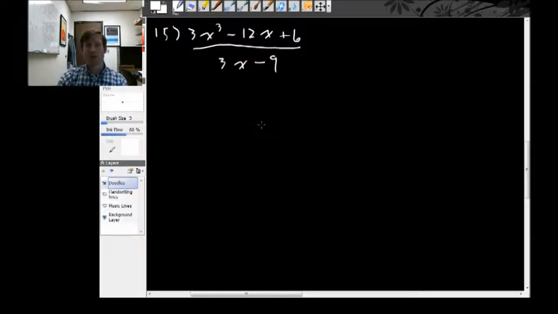All right, here's number 15. This quotient of polynomials, 3x cubed minus 12x plus 6, over 3x minus 9. The thing to remember about dividing polynomials is it works almost the same as division of integers. So we'll set it up in the same way. 3x minus 9 is dividing